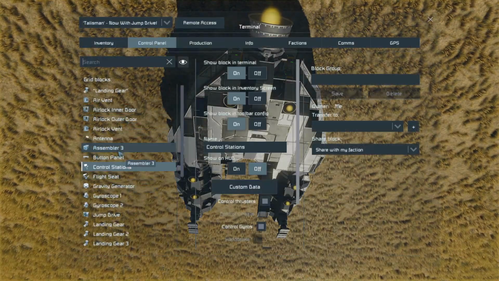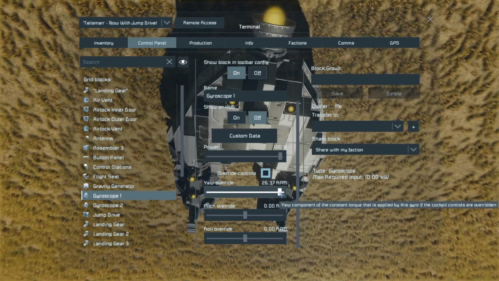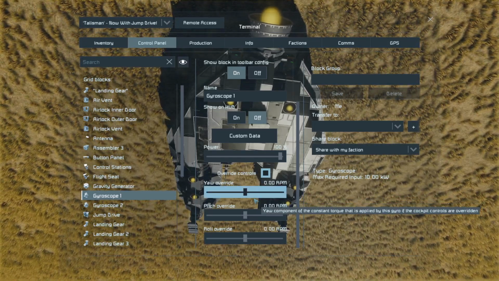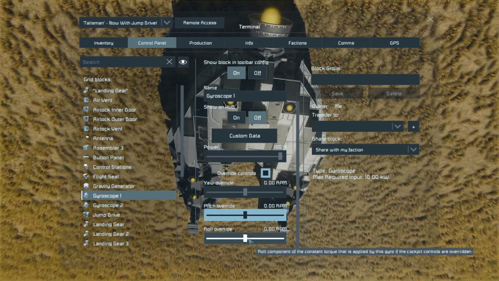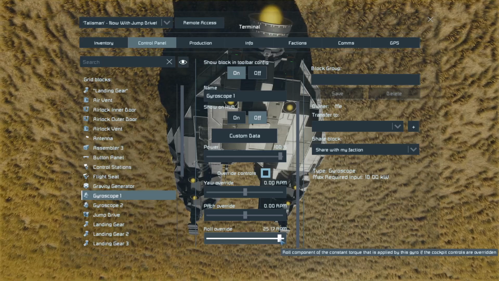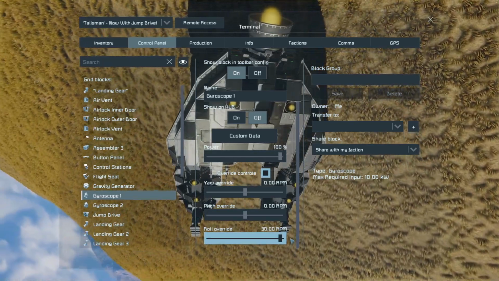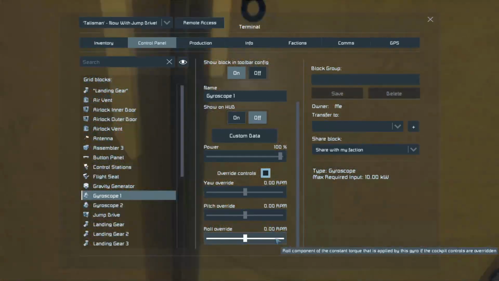Go into the control panel, grab a gyroscope, and I will try and figure out which way it is. Nope, it is not yaw. For those of you wondering, you can reset one of these sliders by simply right-clicking on it. Nope, that's the wrong way. This should be the easiest way to roll over. This is working very gently, so it's okay. I turned it off,